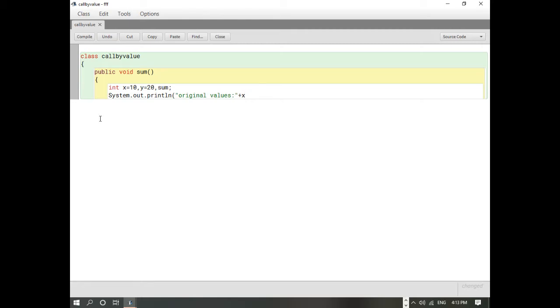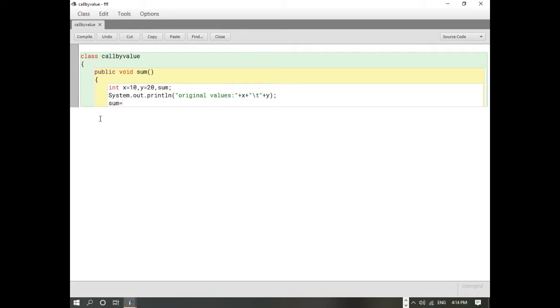X, and then we can put a tab over here so that there is some space. And then plus y. So the original values of x and y will be printed over here.